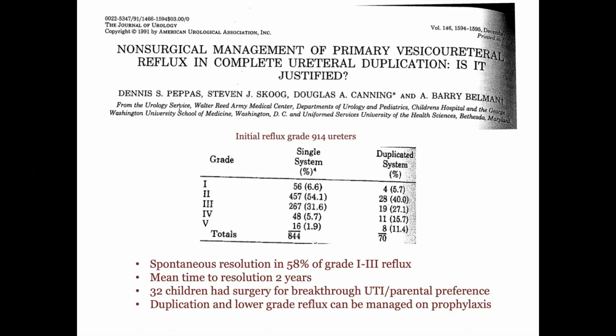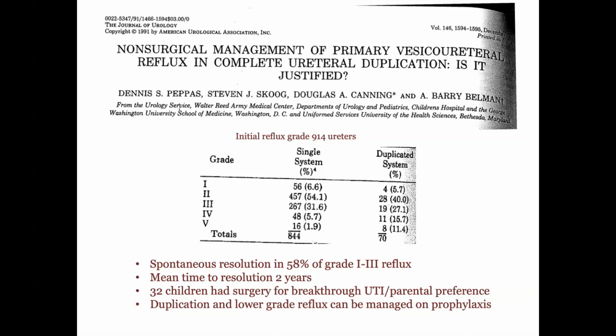So the question always has been, what's the resolution of reflux in a duplex system, since the tunnel's not as good? So this study was out of DC, and they looked at single systems that they compared to duplicated systems that they had. They tried to match them. They showed that